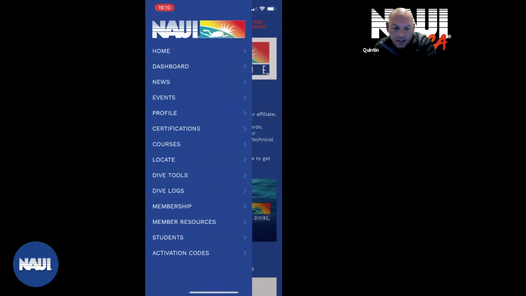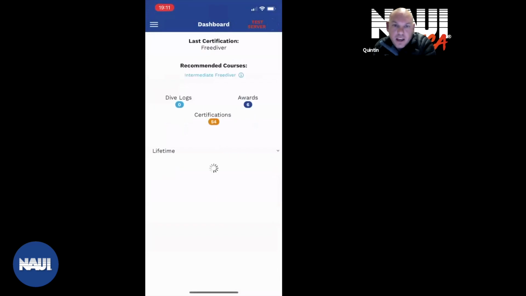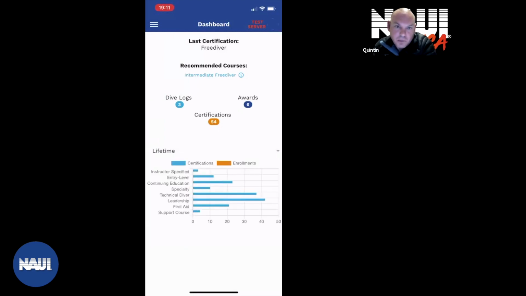Okay, going on to the normal homepage, which we've just been scrolling on. If you go to the dashboard, which we will clean up a little bit more as well, just make it a little bit prettier and bring the images in. The dive logs would obviously link to the number of dives that you've actually logged in the app. Obviously, we can't read it from your